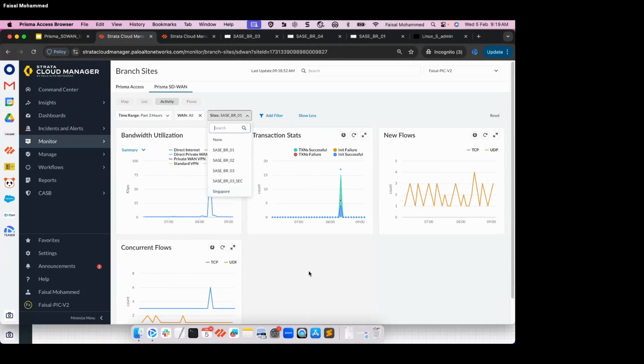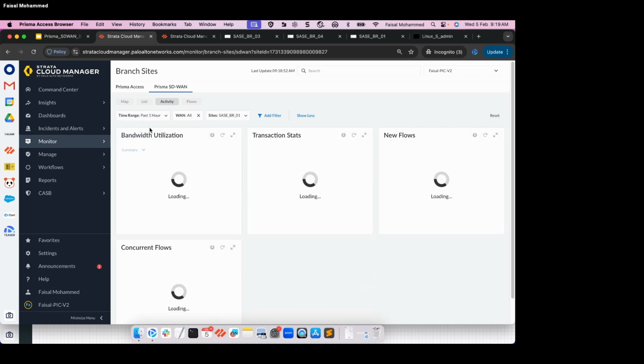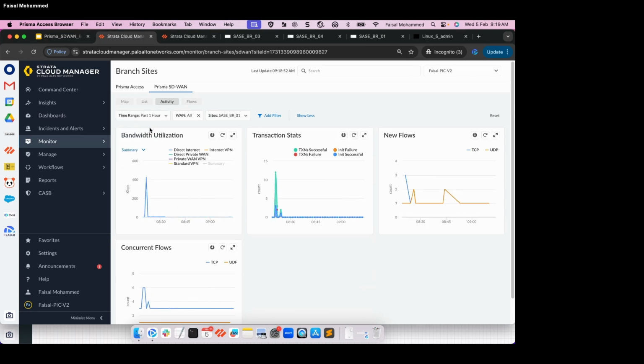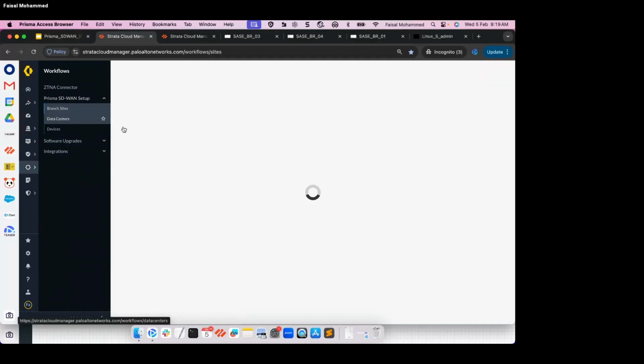So when you are inside a Prisma SD-WAN branch site, when you go to the physical circuits and pick a circuit, you want to see the activity, you click on the activity, and it will bring you straight to the monitor activity tab and give you the statistics. Further, you can adjust timestamps and see the data you'd like to see and understand what's going on with your circuit. Okay, so let me go back to workflow, branch sites,